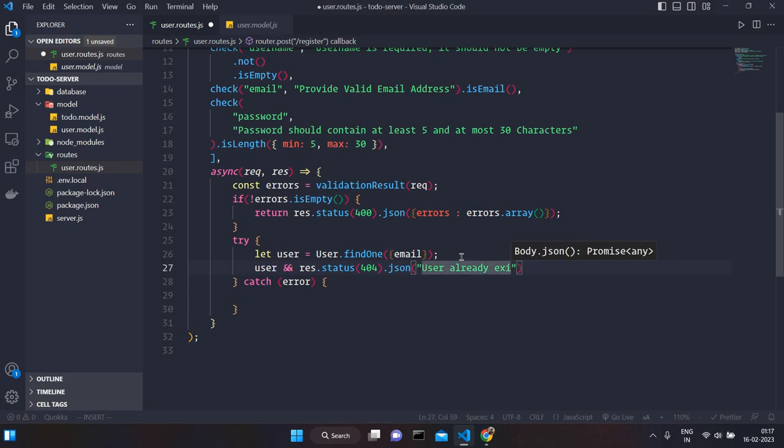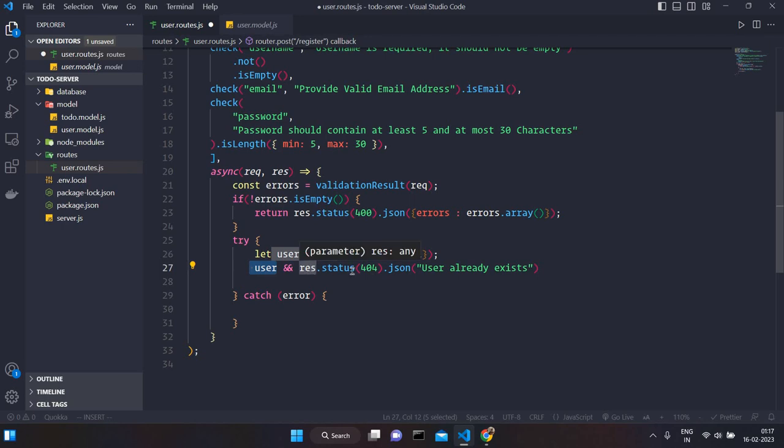So you cannot create two users with the same email. This line is telling us the user already exists, so you cannot just create it. So we are just returning from here with the status code 404, right? So if it fails, that means there is no user with that email, so we can proceed to create our